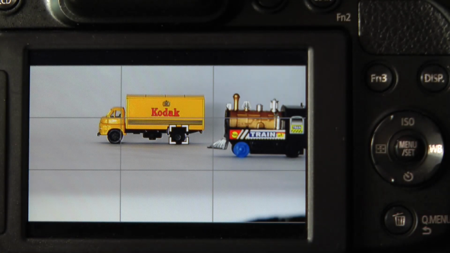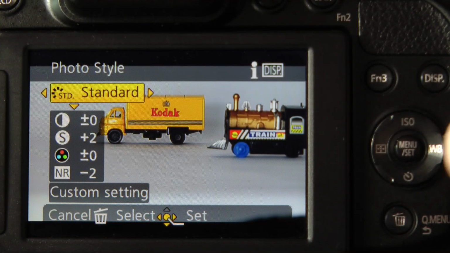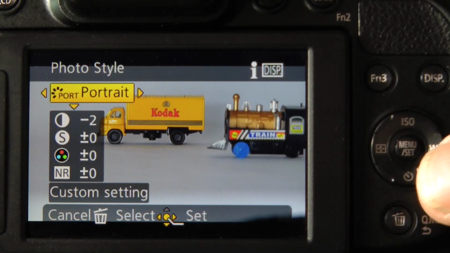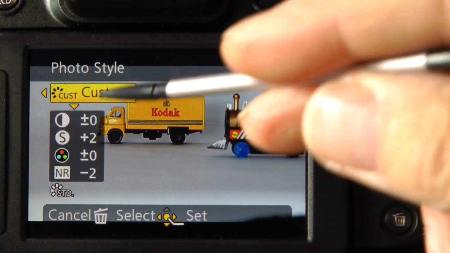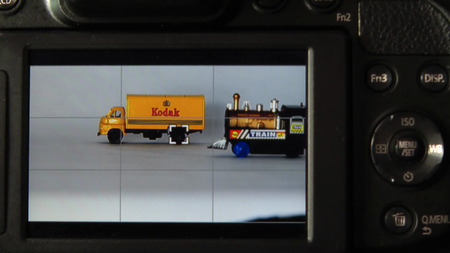One of the features I forgot to mention in the photo styles yesterday was customizing the profile and applying that to the custom profile in the setup. Remember, we have the photo styles of standard, vivid, natural, monochrome, scenery, portrait, and the last one was custom. I said you could apply any option you like within this and it would modify that custom setup. What I should have actually described was the method of doing the customization.